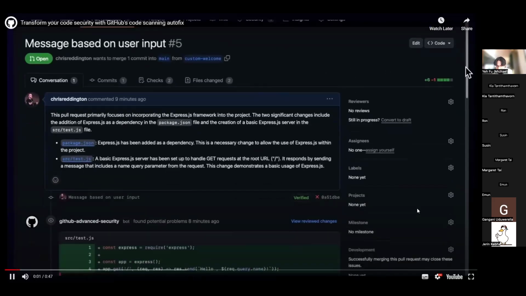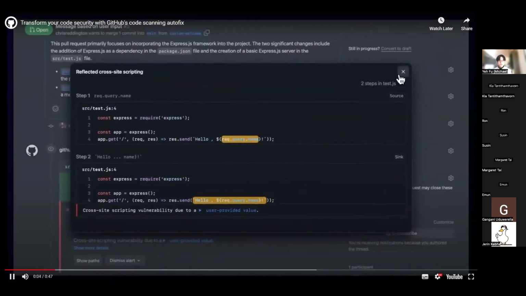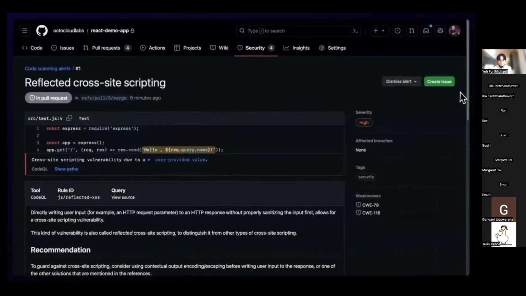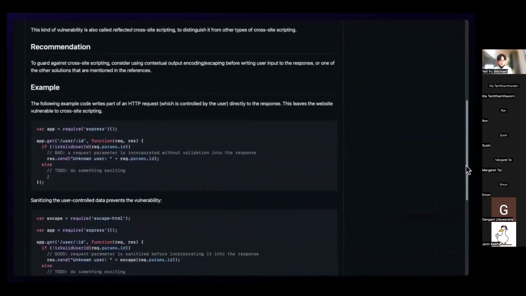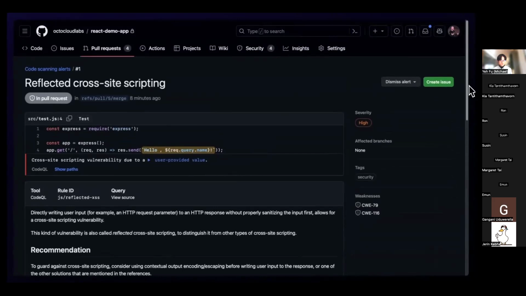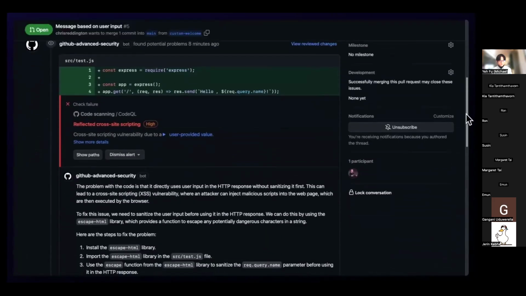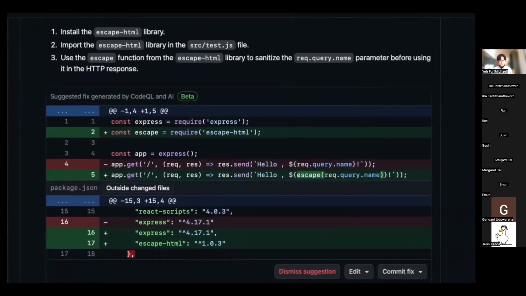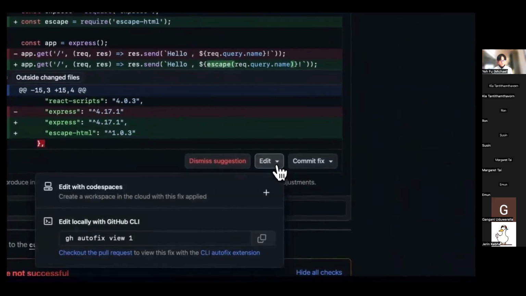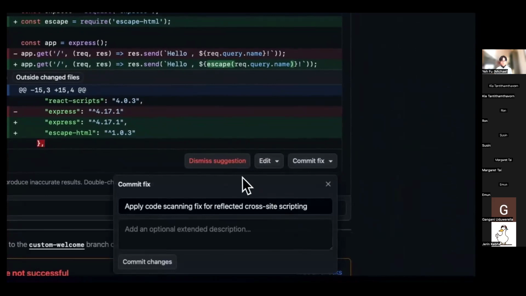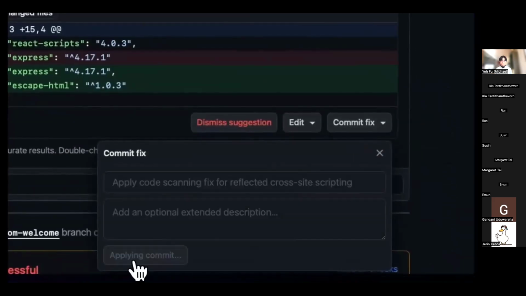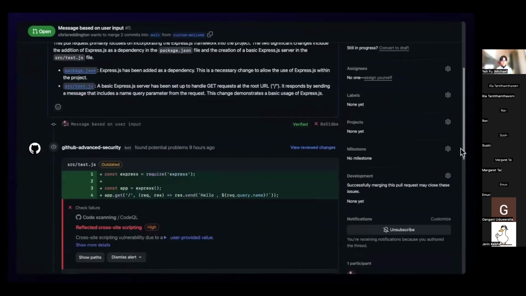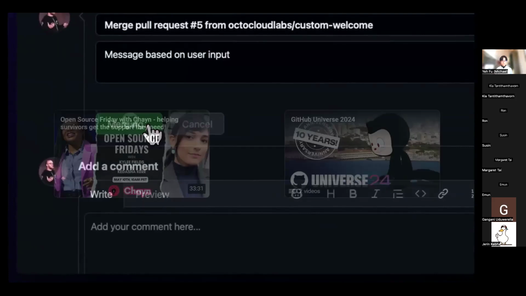Code security scanning tools help us identify vulnerabilities in our code. But to remediate issues, we must triage alerts, review the relevant documentation, and propose a fix, taking up precious development time. That was until Code Scanning Autofix. Autofix improves the experience by using AI to provide a code suggestion and explanation directly in the pull request. The developer remains in control, being able to make edits using GitHub Codespaces or their local machine, accept the original suggestion, or dismiss it entirely. With Autofix, code security alerts transition from being found to being fixed.